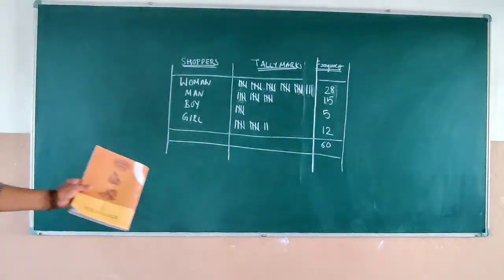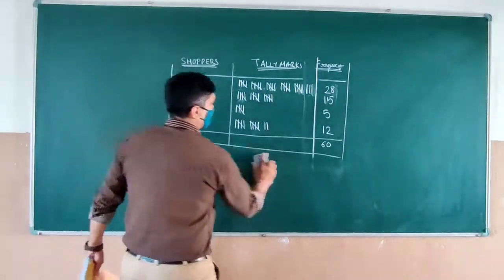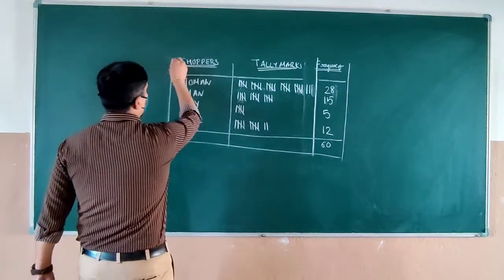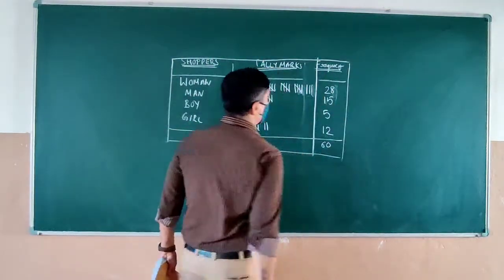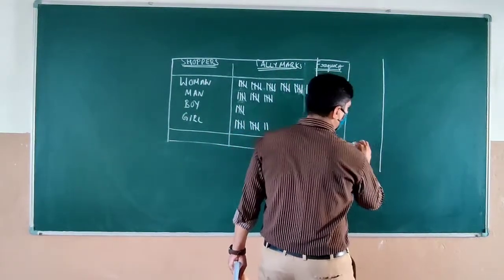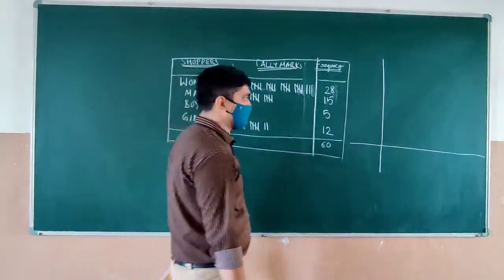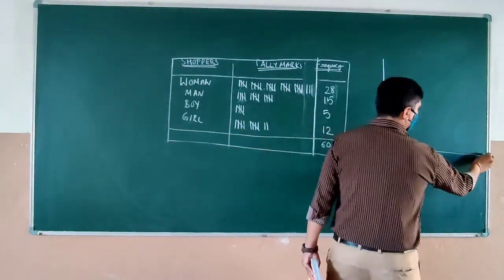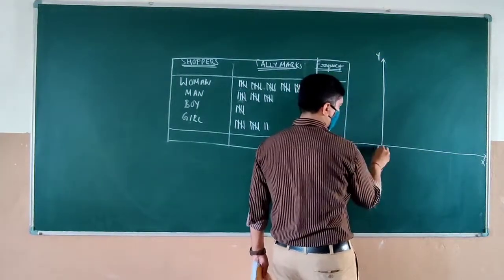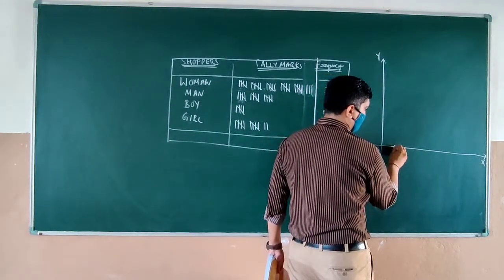This is frequency distribution. This is how you are supposed to draw frequency distribution table with the scale. Now using this information, we will draw bar graph. So please open your bar graph and draw one x-axis and y-axis. X, Y, O. From the very next point, okay, here.